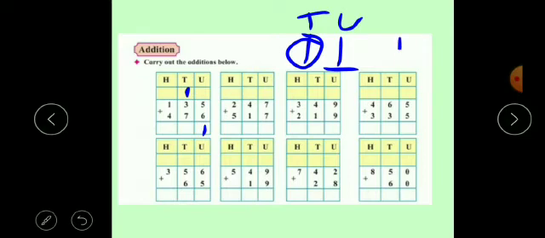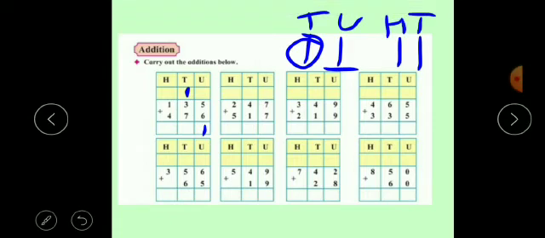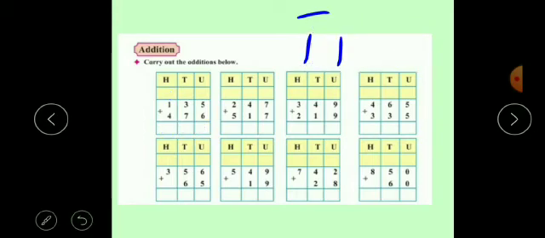Now here a 2 digit number is given, but in this 11, this 1 is at the tens place and this 1 is at the hundreds place. So write this 1 here and shift 1 at the hundreds place here. Now 4 plus 1 is 5, 5 plus 1 is 6. So we get the answer 611. Okay, in this way you have to do addition by carrying over.